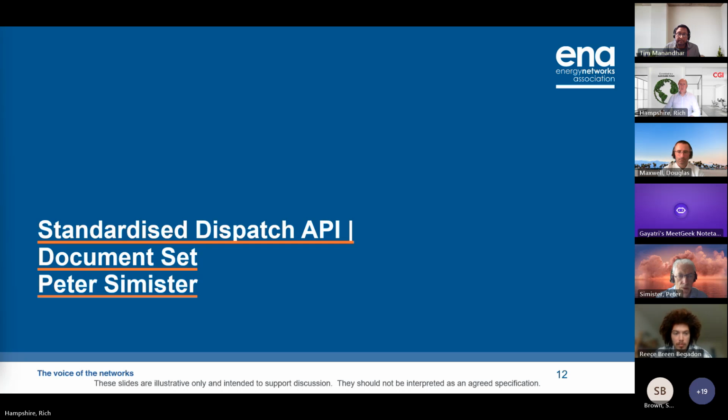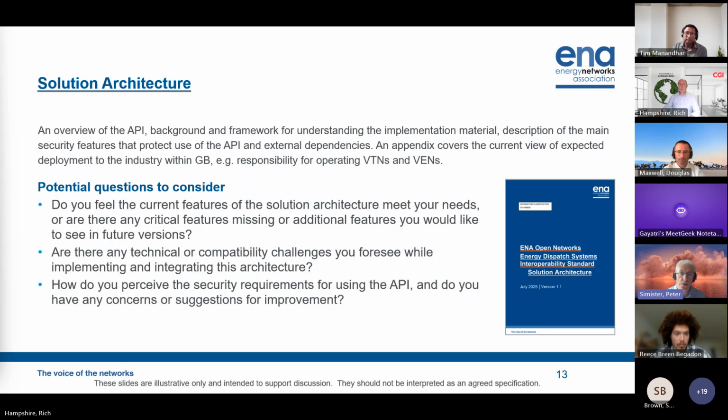Over to you, Peter. Sure. Just to say that the 3 documents we're talking about are the ones that have been distributed already, or are all still in draft, but very nearly there. The 3 documents I want to talk about are the solution architecture, the HTML that's been delivered, and also the GB Profile implementation guide. The first one is the solution architecture. That's the one to start with if you want to pick this up as someone new, or someone who's heard about it but wants to know where it is now. The best place is the solution architecture.